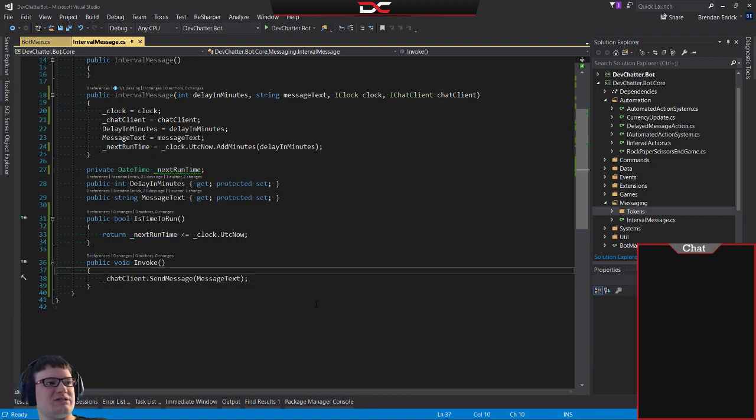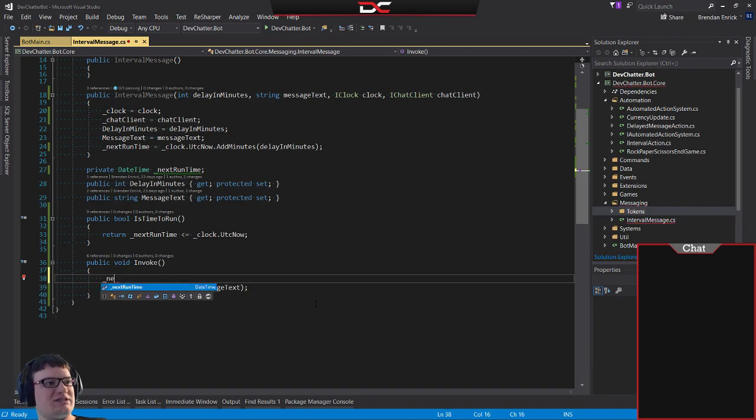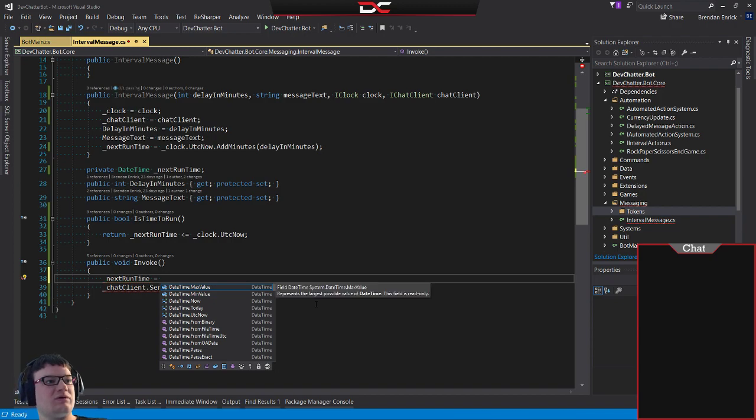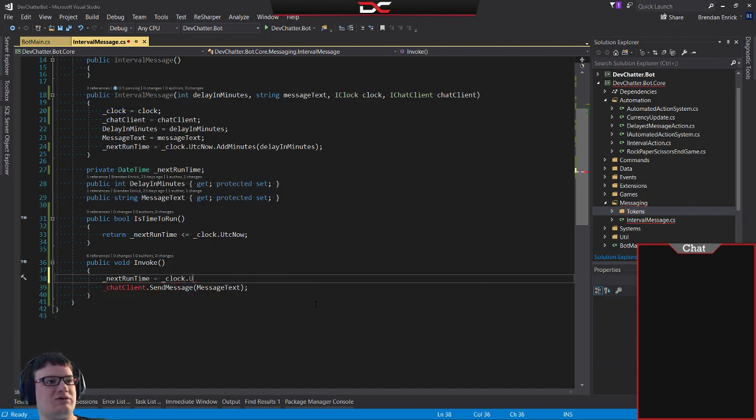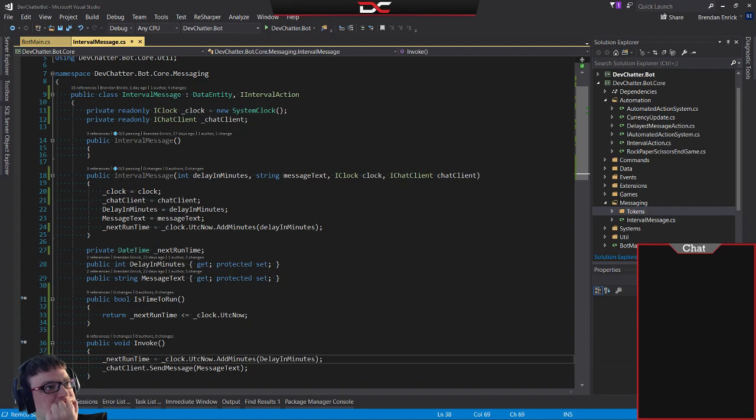We're going to send the message right after we set our next runtime equal to clock.UtcNow.AddMinutes, and then it's going to be delay in minutes. So we're going to reset the time, delay in minutes, message text. And I think that's